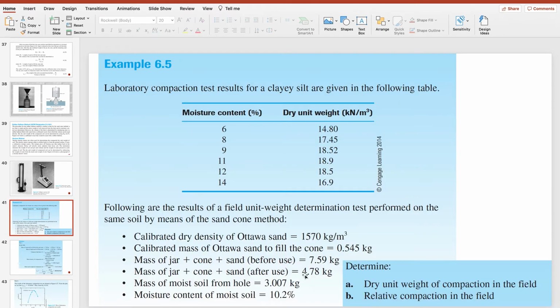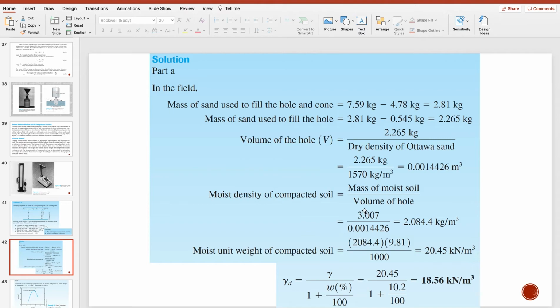So ano ba yung mass? It is 3.007 kilogram. So 3.007 kilogram divided by the volume. Then this is our moist density. So the moist unit weight, just simply multiply the density by the unit weight of water, which is 9.81 divided by 1,000 to make it